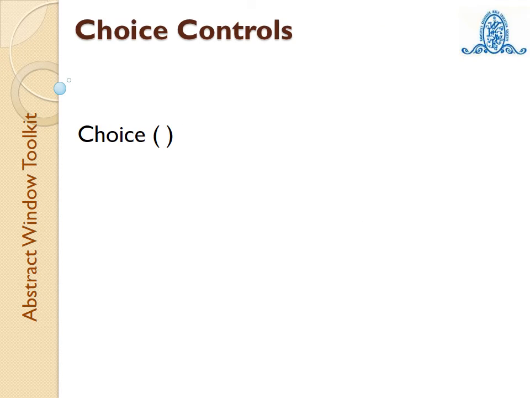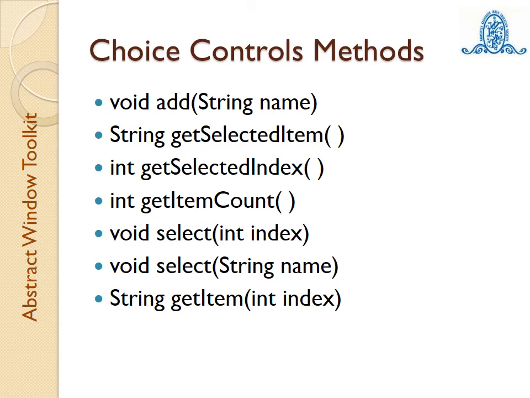Now moving towards the next component, that is the choice control. Many times we use a combo box component or control. So combo box means the choice. In Java, if you want to create a combo box, at that time the choice class will be used. A number of items are added in a combo box, but at a time we can see only one item, which is the selected item in the text field area. Now this choice control defines various methods.